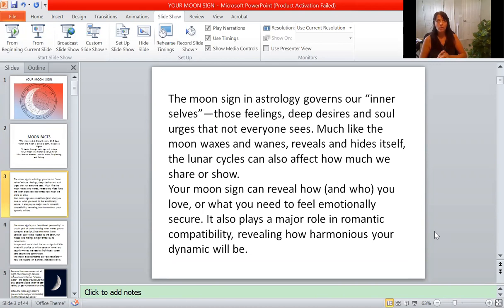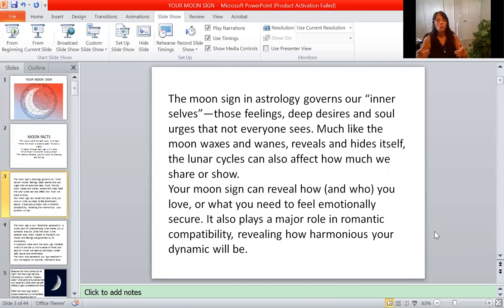And what do I mean by compatible? If they are in good aspect. One of the best ones is if it's in the same element. So if they're both in air or both in fire, that works really well. The next one would be the same polarity, if they're both positive or both negative, that can get along. Having it in the same sign, having it conjunct, could be one way or another, depending on what sign it is and other factors.